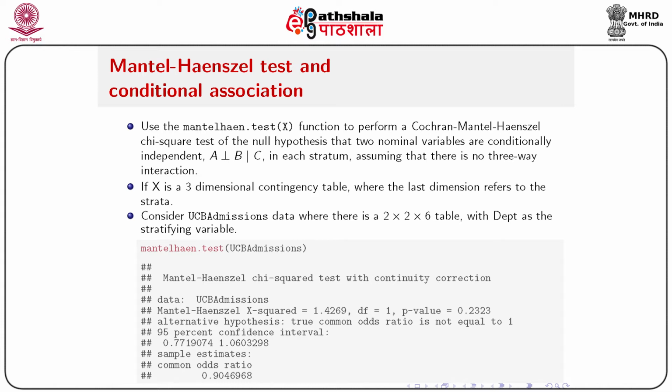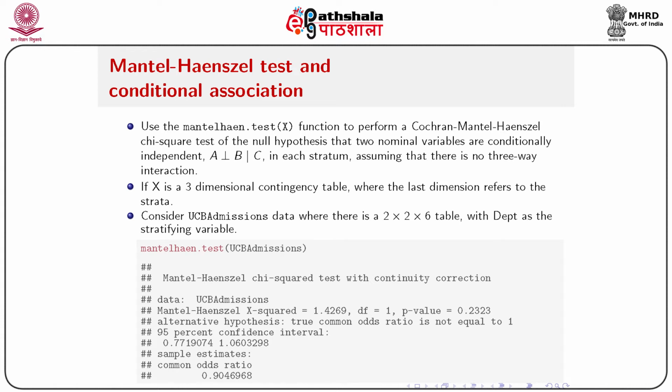The Mantel-Haenszel test and the conditional association in R. Use the Mantel-Haenszel test by the function mantelhaen.test to perform a Cochran-Mantel-Haenszel chi-square test of the null hypothesis that the two nominal variables are conditionally independent. Say A is independent of B given C,